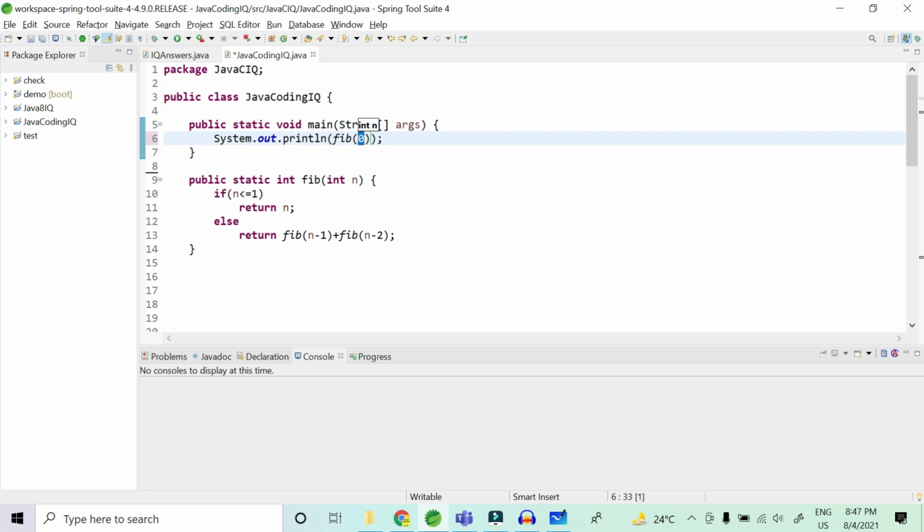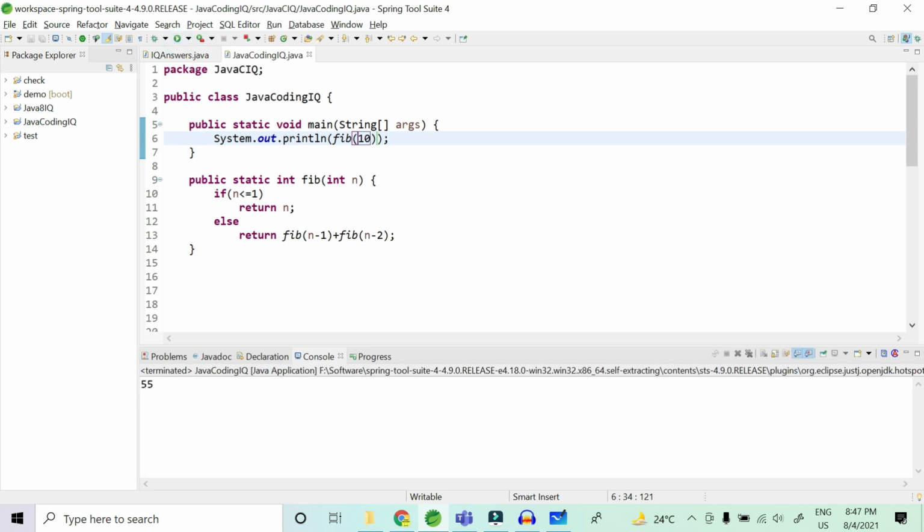Let's print fib of 10, so it should return me 55. Okay, so as you can see, it is returning me 55. Now let's take n as 5 and check whether it is giving 5 or not, because we have already taken the example of 5. So as you can see, it has already given us 5.